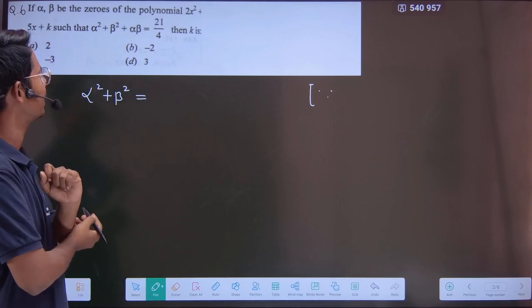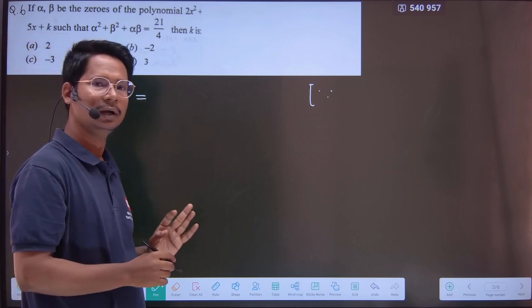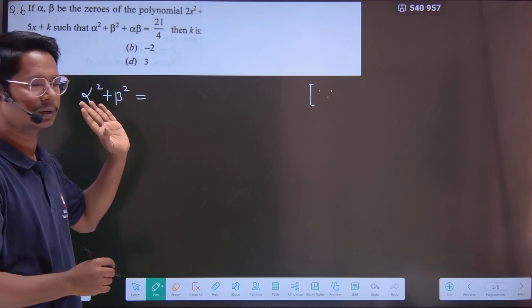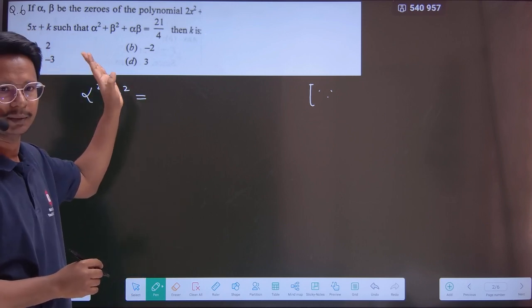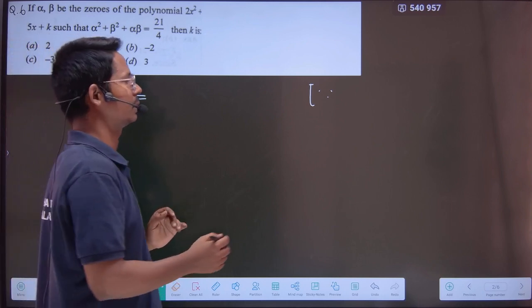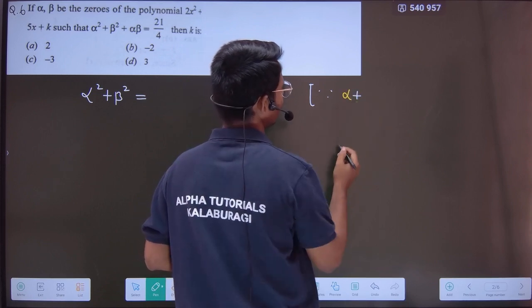It is actually alpha minus beta whole square and alpha plus beta whole square. Both use alpha square plus beta square. But we want alpha square plus beta square in terms of alpha plus beta, so we want a square plus a plus b whole square. Okay, so what I'll do, I'll write alpha